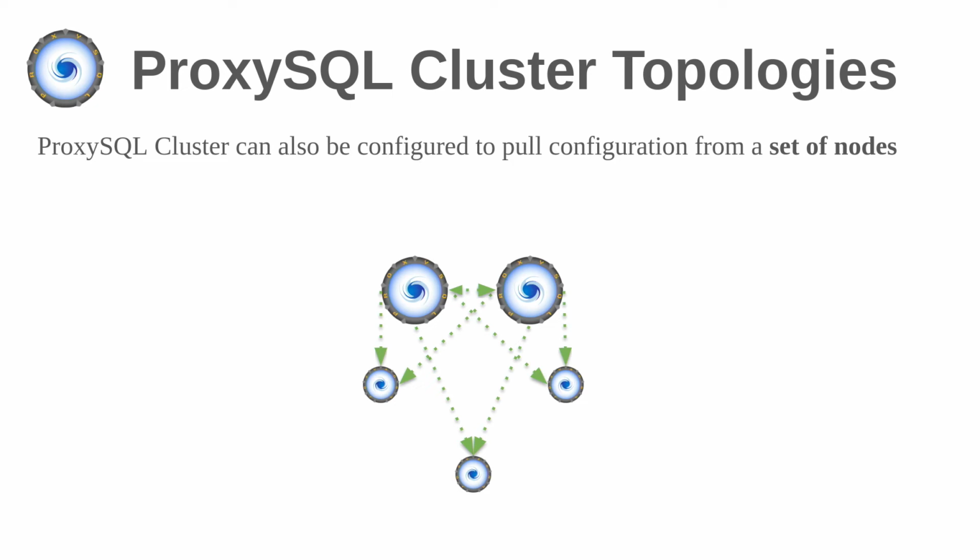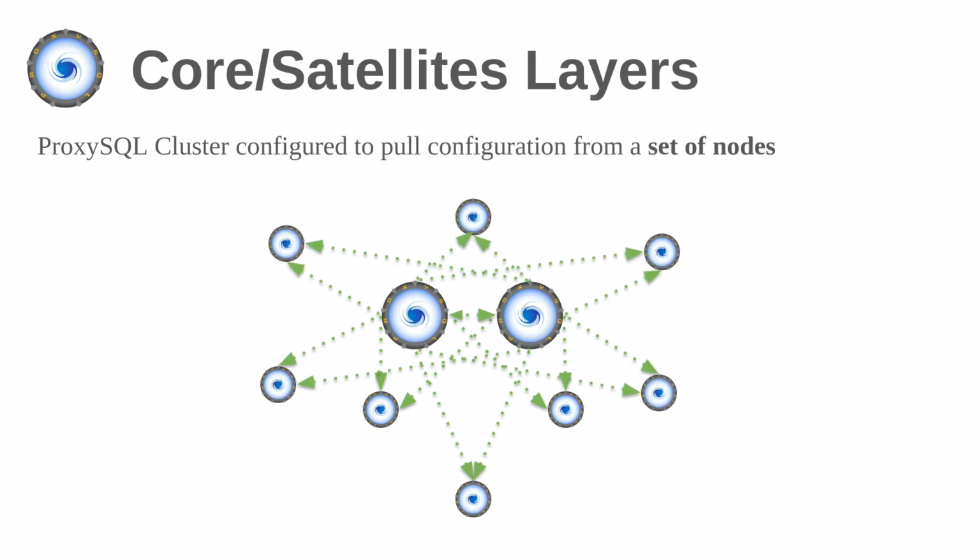Okay, next. So before I was showing this diagram in which you have one main set of proxies and other proxies that are configured to pull the configuration from them. So you can change the configuration on any of those two proxies, and the other will take it as well, and also the other three. But you can have a way more complex diagram. Like again, the two in the center are the main ones, and you can change the configuration in any of them, or even on both of them at the same time or at a slightly different time.